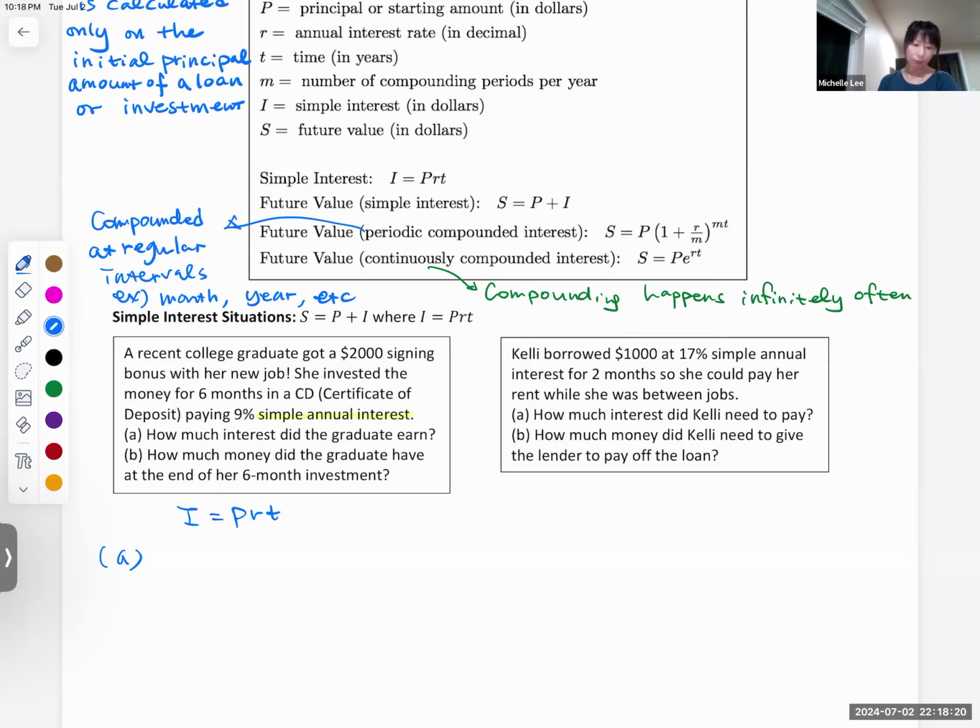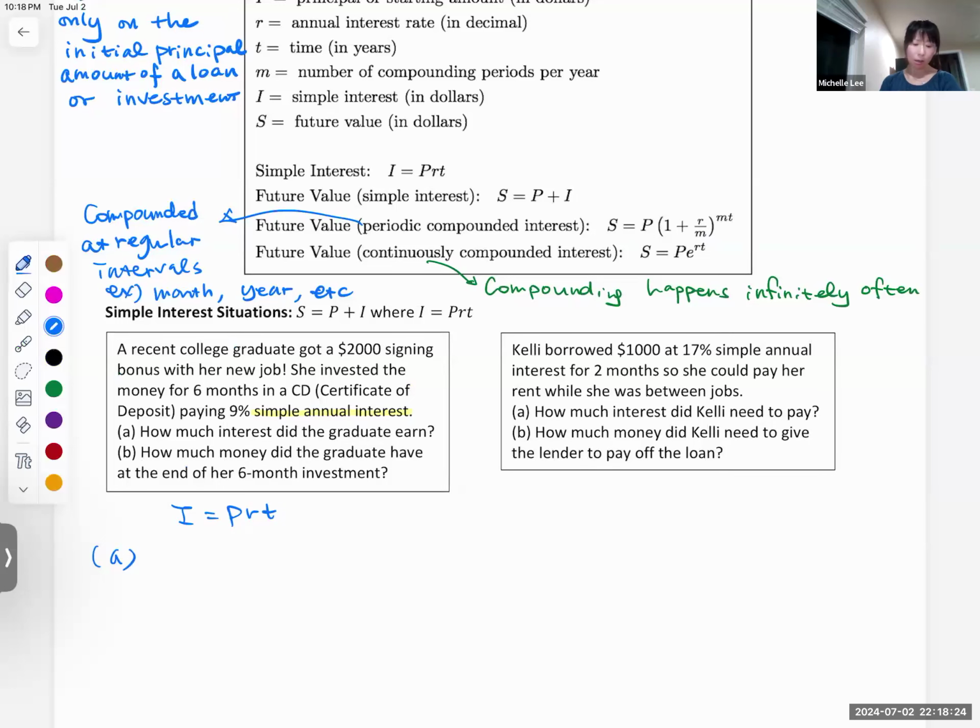So we want to find I. Now the principal is 2,000, and R is 9%. So we make a decimal point here, pretend a decimal point there, and move the decimal point two places to